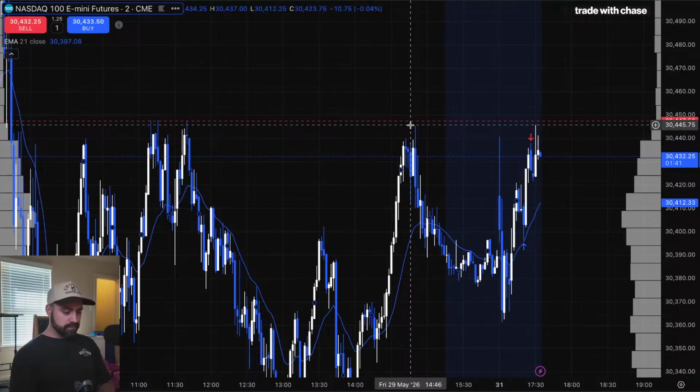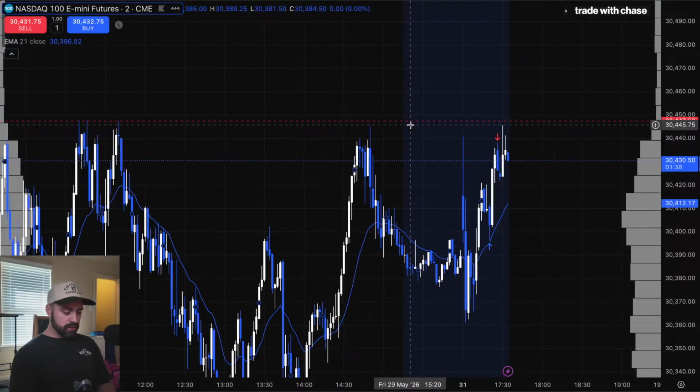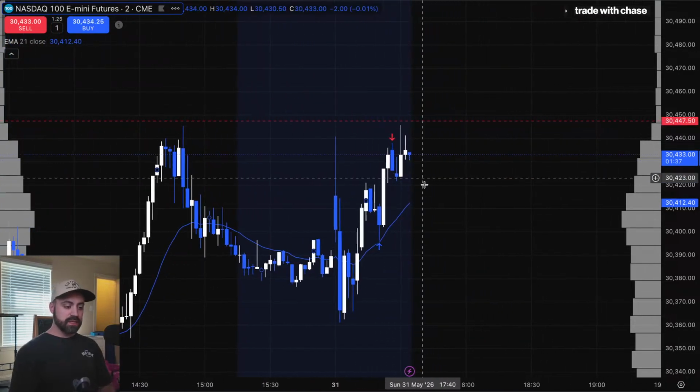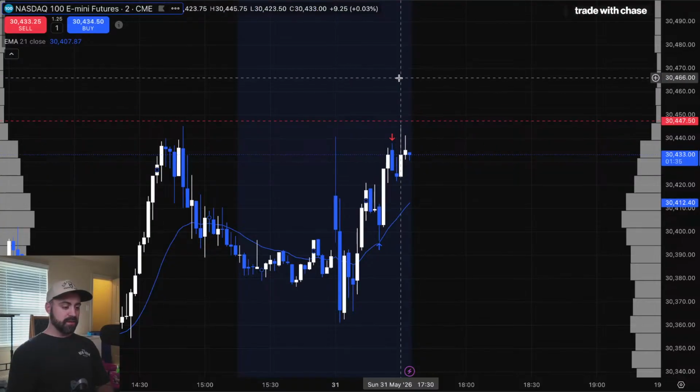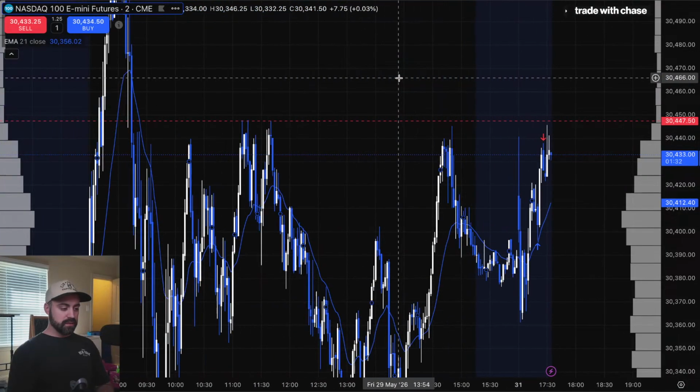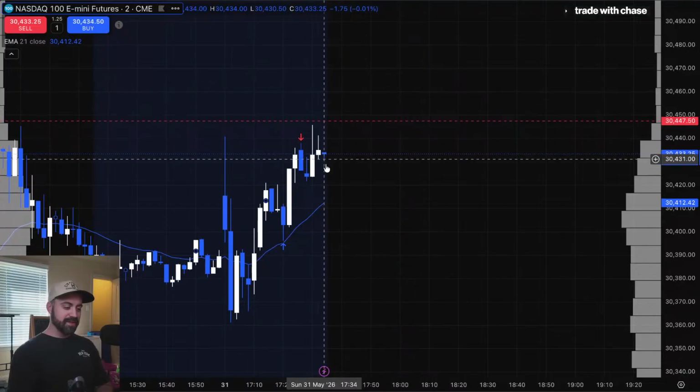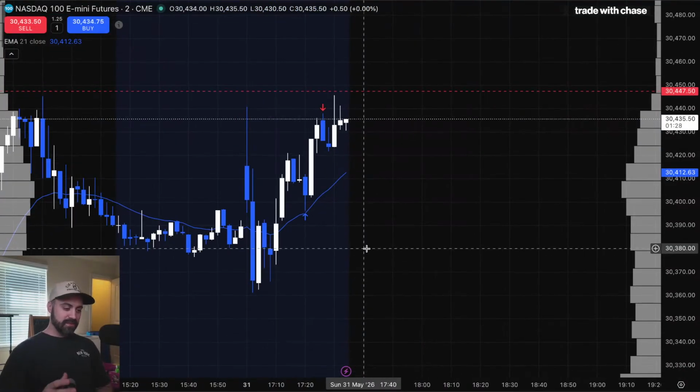Wasn't quite a liquidity sweep either. Would have been nice had it spiked up here or something. I would have actually probably taken it in the other direction, but